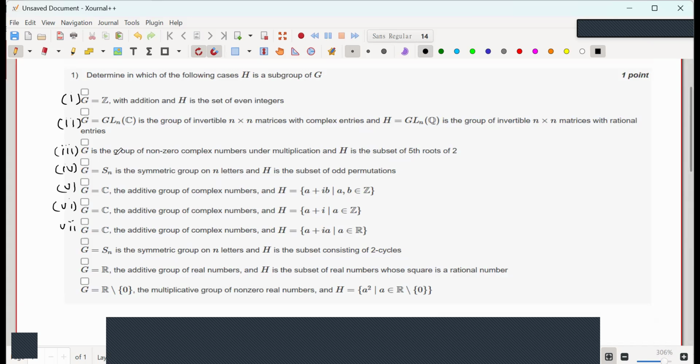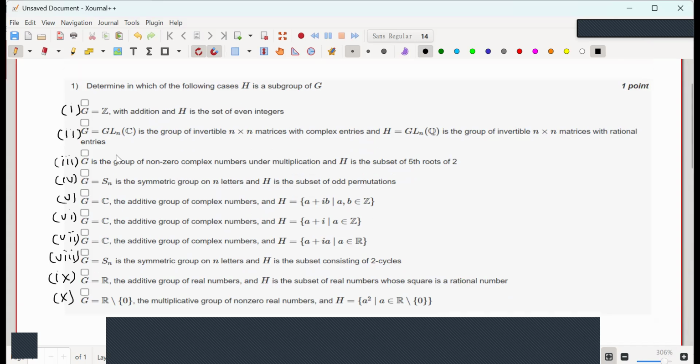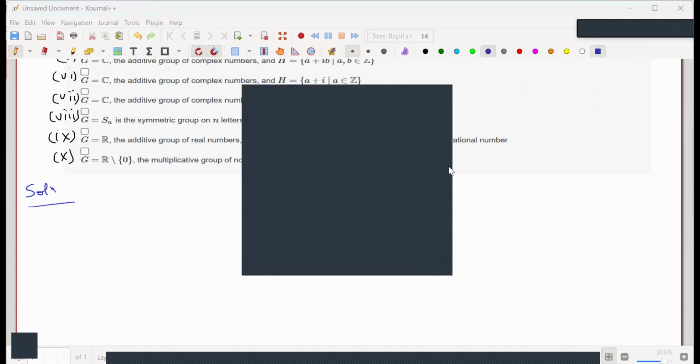Right. And in the lecture notes, we have already seen that all the subgroups of Z are of the type NZ, right? Where N is a natural number. So here H is just 2Z, right? So that is also one explanation, but let's not use anything. Let's start from scratch. I think it was Angel, right? Pranjana. So as Pranjana said,